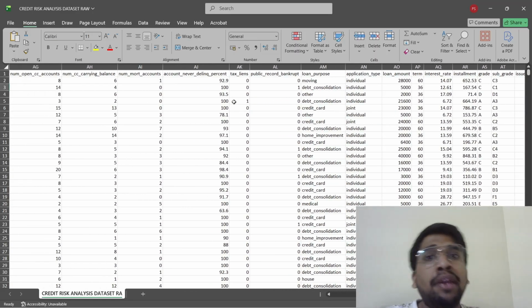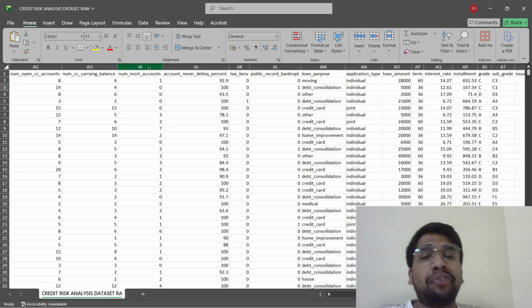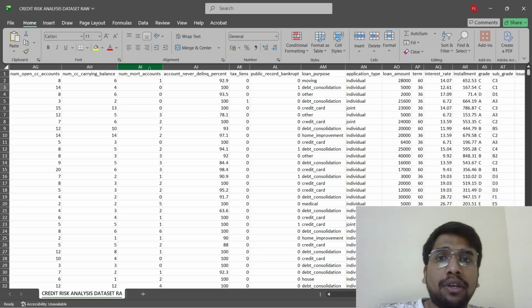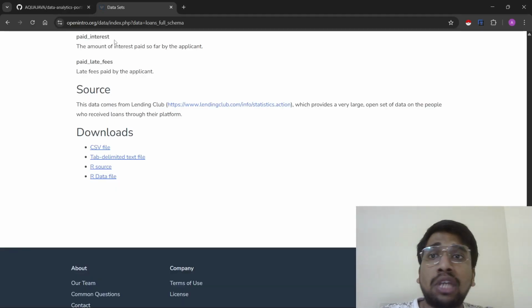But I took some time. I read the data set. I understood certain variables, just like I talked about, like revolving credit, credit utilization ratio, debt to income ratio, and so on. Okay. Now I transferred this dataset to my Jupyter notebook, which I would like to show you on